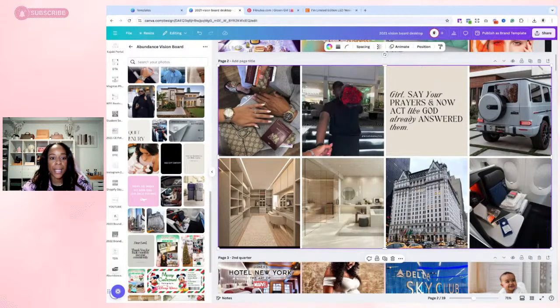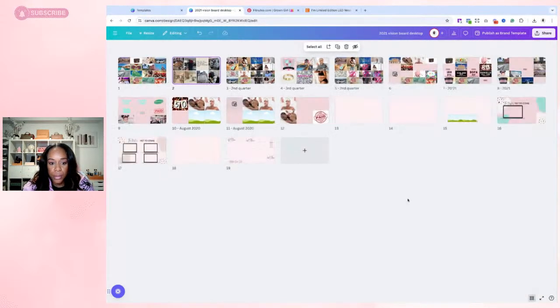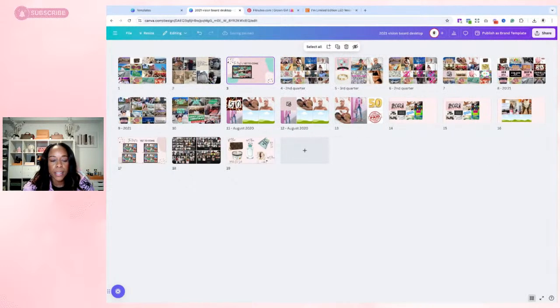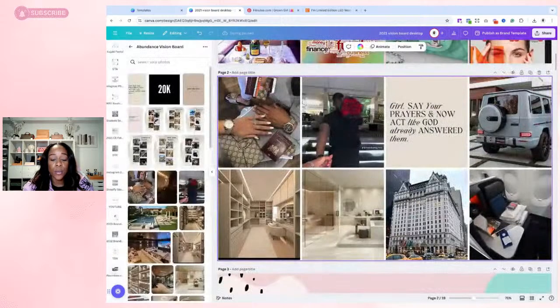Now you may be wondering, how do I put this on my phone? How do I put this on my desktop? So I'm first going to do the desktop version, primarily because I already have it created. So let me zoom out, and I'm going to show you how I created this. Okay. So the first thing you have to do is export the number 2 picture. This is the slide number 2.